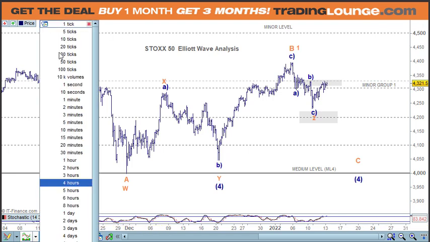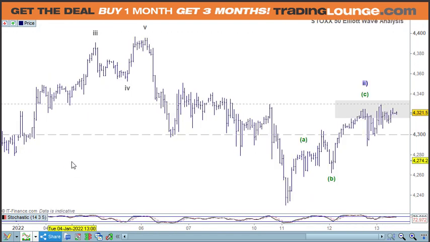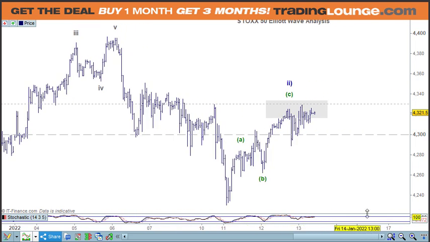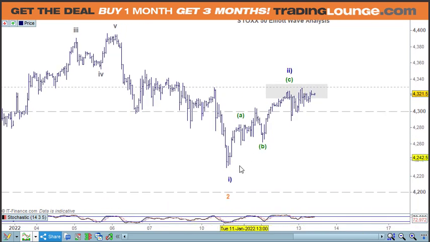Let's go in and have a closer look at the hourly chart here. So we're going okay here. We could count 5 waves to here. Maybe we could put 5 waves to here, but whichever way you want to look at this, we still end up with a B wave here, and we also end up with quite a nice little structure here. It's all sort of together there, so we can look at it as 1 and 2 and 3 and 4 and 5. So we've got our 5 waves up there,